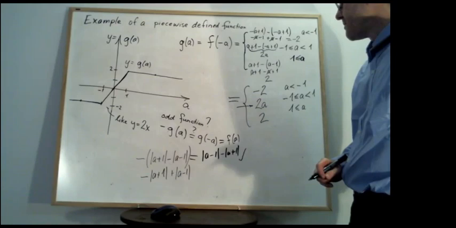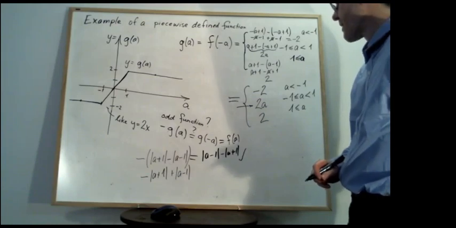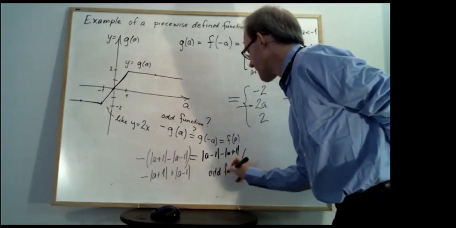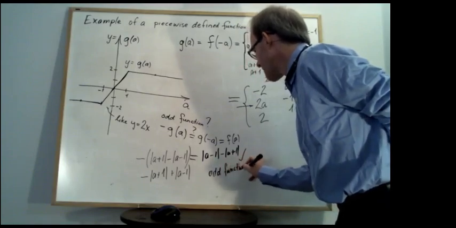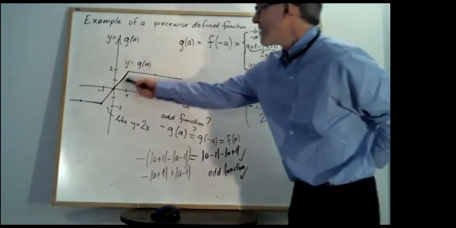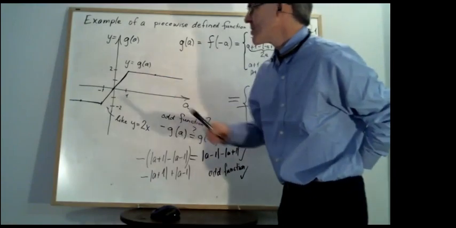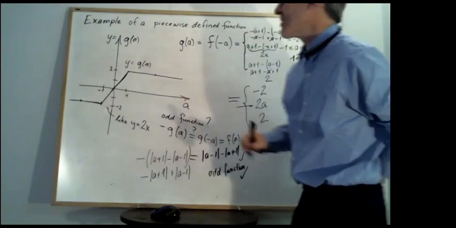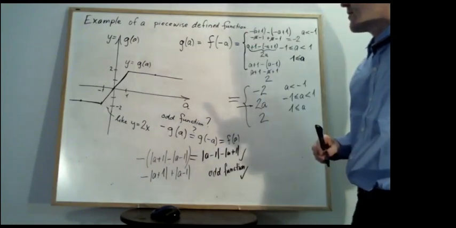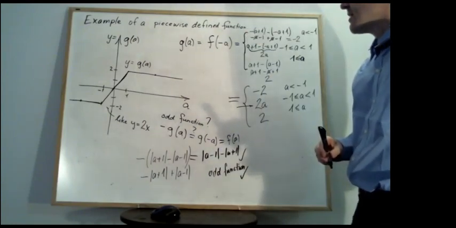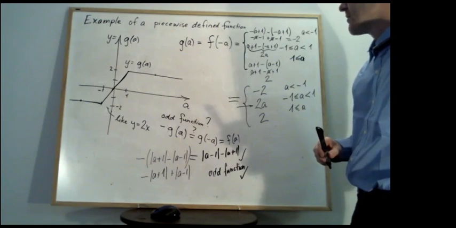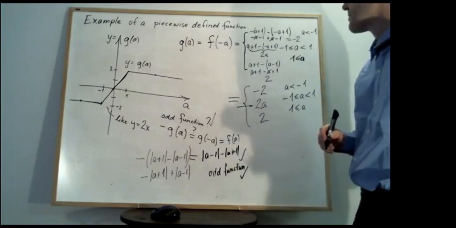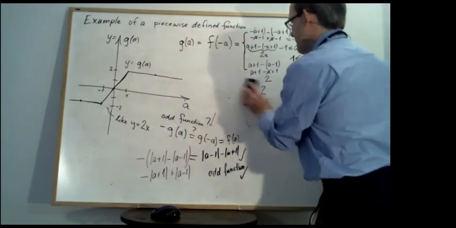Okay. So this is an odd function. And you can see that at the origin, the odd function is 0, as it usually is. If that point is in the domain, if x equals 0 is in the domain, then y must be 0 for an odd function. So this is an odd function. Okay, and then